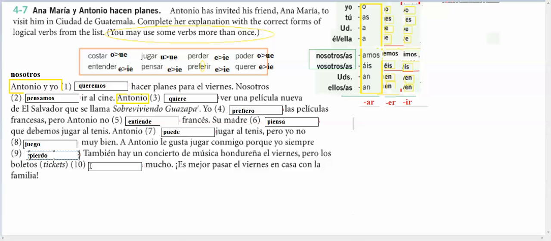The tickets would probably cost a lot. What cost a lot? The tickets, or they cost a lot. Whenever it's an inanimate object, you have to think of them as he's and she's. So it would be ellos in this case. I'm going to take the AR off because ellos does fall outside the green box. I'm going to make my spelling change. If you go up here, costar is an O to UE. I'm going to change that O to UE. And for they, for AR, I'm going to